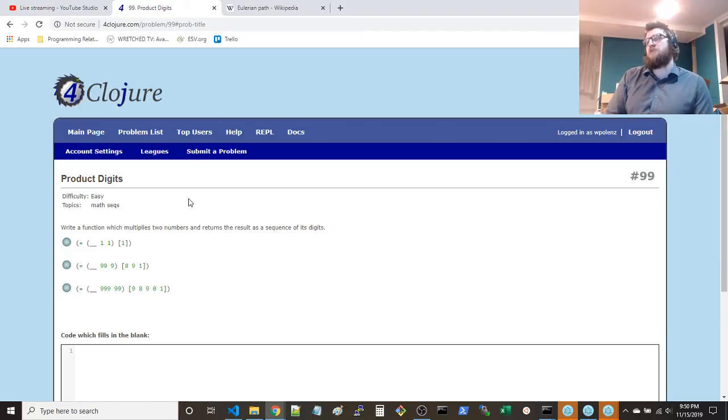We'll probably just parse the digits after. You could also do something really simple, to keep this really concise: map the digit to a string and then map over that string, and you can use the Java string to integer, or parse int function. So you can map string, map parse int, and that'll give you the digits as a sequence, and I guess parse that into a vector. That works too. That's simple enough. I might try writing that when I come back.